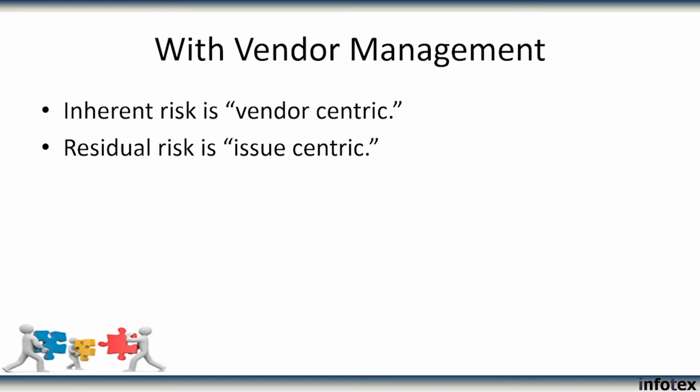Inherent risk comes from the vendor, and we say it's vendor-centric. This is the risk the vendor poses before we start to review their mitigating controls. Residual risk is issue-centric, focusing on a specific issue. Residual risk is never higher than inherent risk, as it's the risk with mitigating controls in place, which lower the risk. Residual risk is issue-centric, as it's the risk that is left over due to a control not being in place. So it's really the risk due to the issue of controls not being in place, and to address the residual risk, you put specific controls in place to address a specific issue.